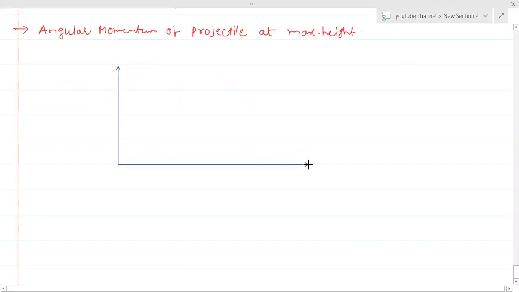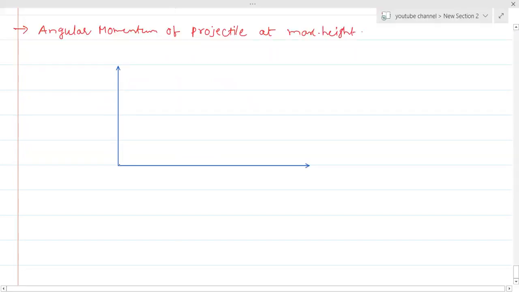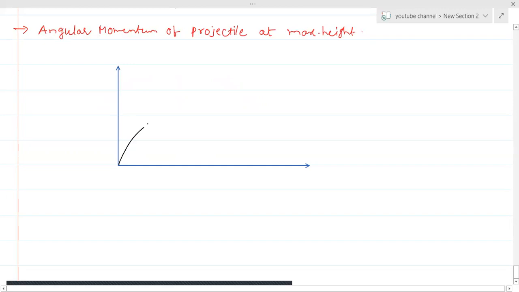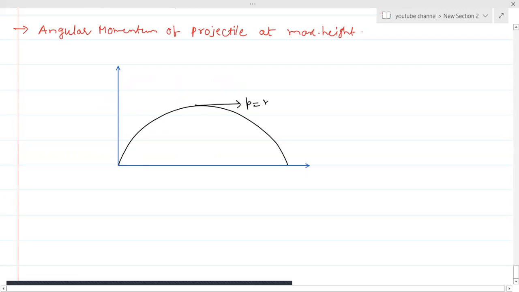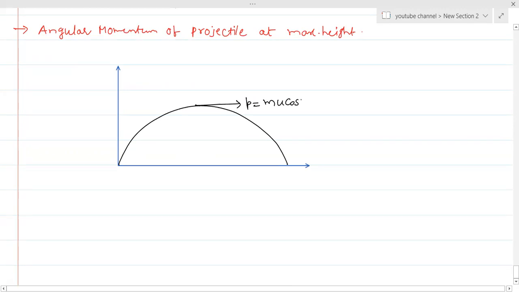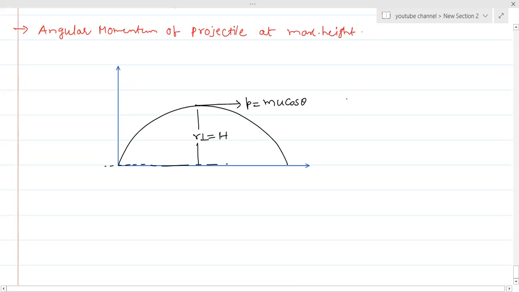So in that discussion, for example, if this is a situation like this, this is the maximum height. This will be the momentum. Momentum is nothing but m u cos theta. If this is the vector, automatically we will draw a parallel line to the vector. So now this will become the perpendicular distance. The perpendicular distance is nothing but h maximum.